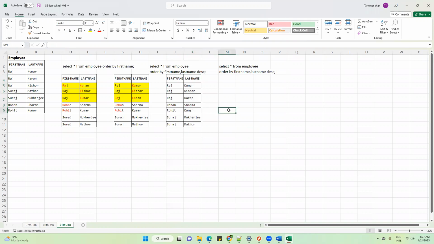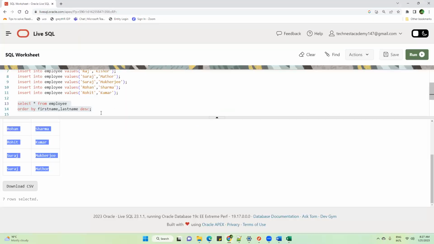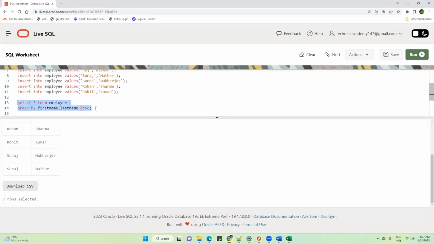Okay, very simple. You have to write this query. You want to sort based on the first name descending, so write here first name descending. And if there is a conflict, you want to sort based on the last name ascending, so you write here last name ascending. From this, the engine will understand that first of all, I have to sort based on the first name in descending order. If there is a conflict, then I have to sort based on the last name in ascending order. Okay.